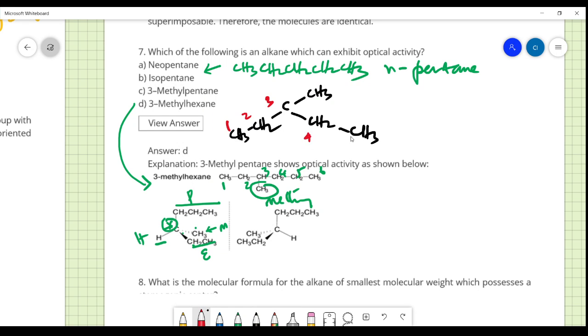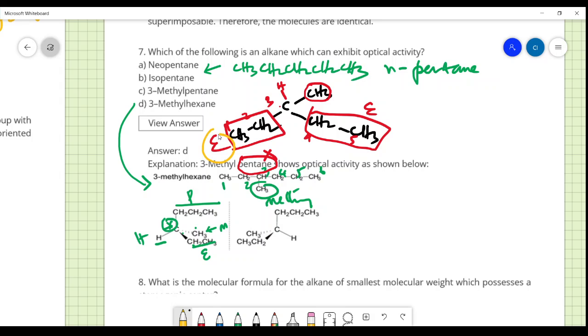So you can see it is 4 and 5 there. So 3-methyl pentane doesn't show optical activity, so this is wrong. In 3-methyl, in the third position you have a methyl group and one hydrogen atom. But here you will have one ethyl group, and again another ethyl group there. Okay, so 2 ethyl groups,